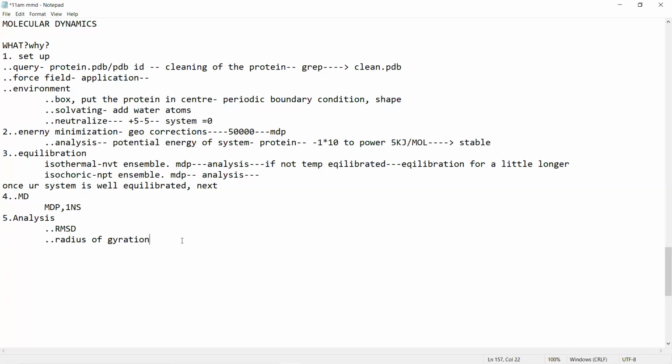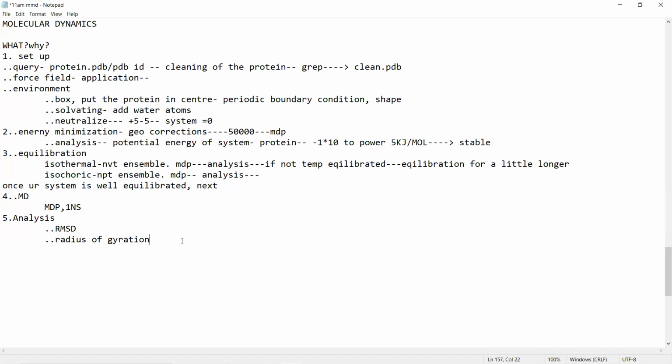So what do you think? Should the foldings and the unfoldings occur? No, ma'am. Why? Again, the same reason. If your protein is folding, then what does it mean? It is changing its structure. If it is unfolding, again, there will be some deviations in the structure.